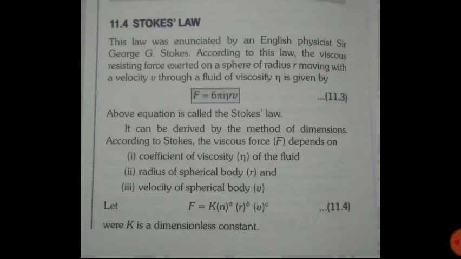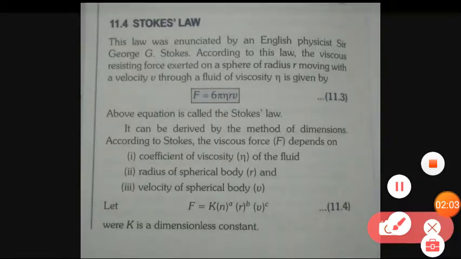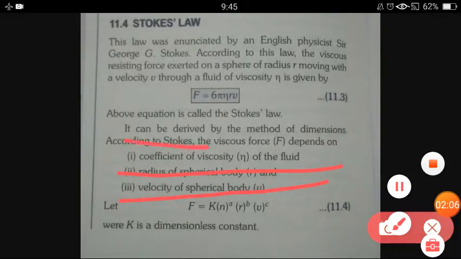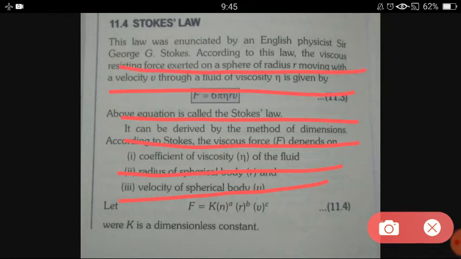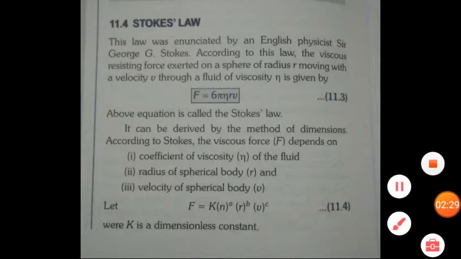First of all, you might be thinking that I have told you that viscous force appears between the adjacent layers of fluid, so how is it opposing an object flowing in a liquid? See, whenever an object is flowing in a liquid, suppose we have different layers of a liquid. Now if we drop a spherical object in the downward direction, when the object comes down, it will have to intersect the layers. Are you understanding this?